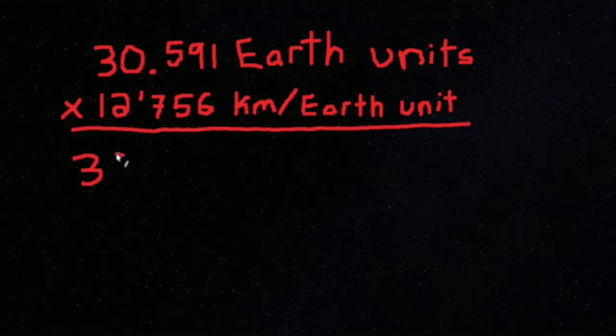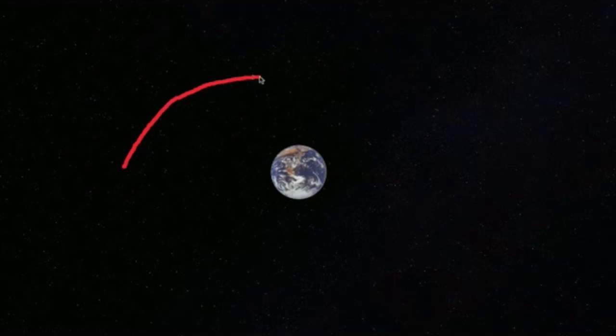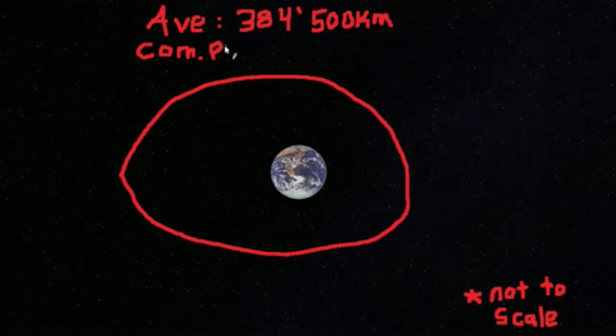And we find 390,218.796 kilometers. That is close to the moon's average distance of around 384,500 kilometers. But the moon is on an ellipse, which at its closest approach is at